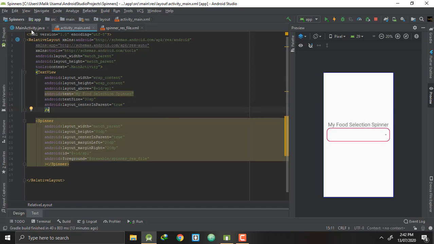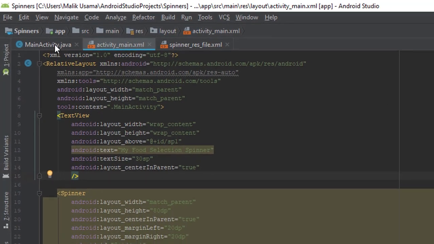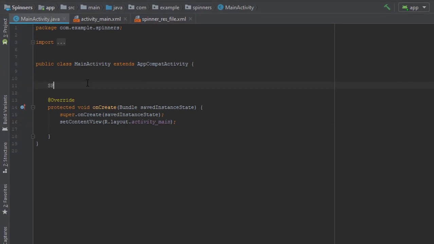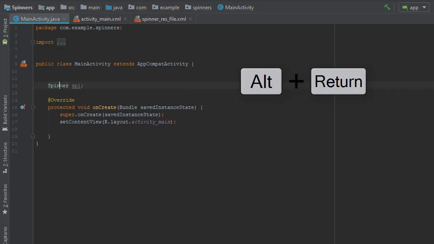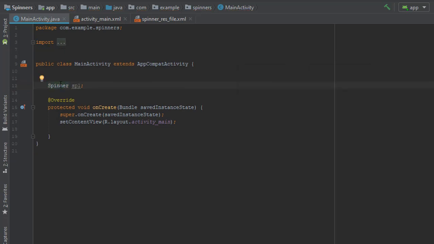Now we'll go to activity-main.java and populate our spinner 1. So here we will write spinner SP1. Now you can see here that it is showing me error. So I will just press Alt and Enter and it will include the necessary library into my project. Next I will write here SP1 is equal to find view by ID